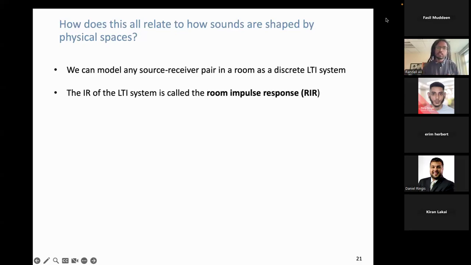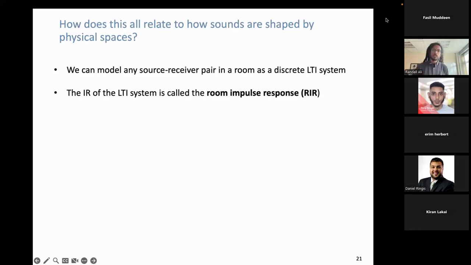Essentially, the first thing that you do is consider the room as a discrete linear time invariant system. Between any sound source and any receiver, so if I'm talking and you're listening, or I have a microphone recording in the room, or maybe it's your smartphone's microphone, my voice acts as the input and the microphone or receiver on the other end acts as the output. Everything in between, we can model as a linear time invariant system. And that's really important,